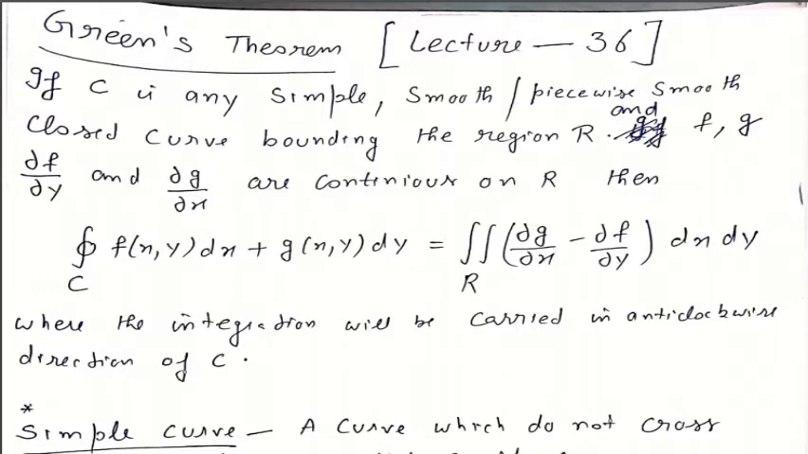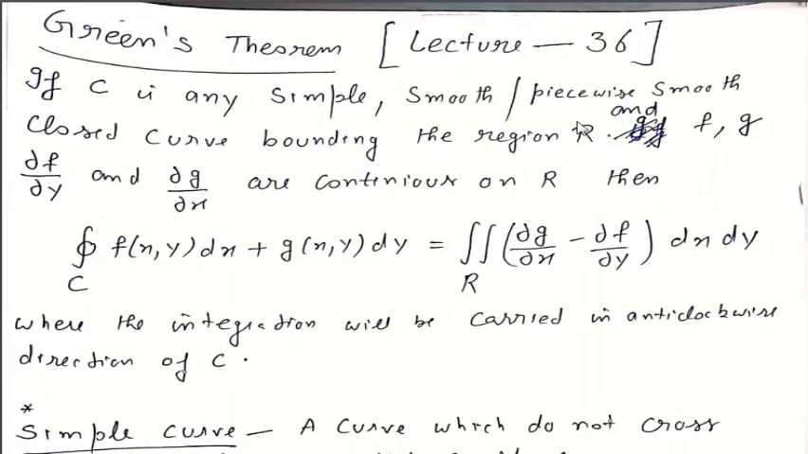Today I'm going to explain this Green's theorem. The statement of this theorem is: if C is any simple, smooth or piecewise smooth closed curve bounding the region R,